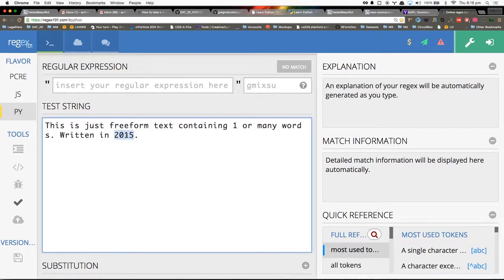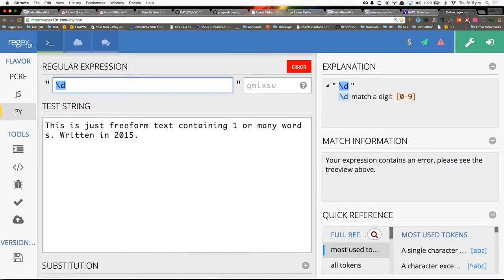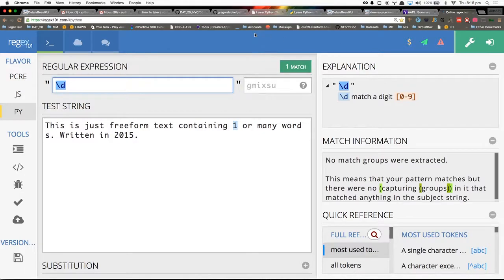If I want to match digits, in other words, I don't care about anything else. I just want to see what's numbers in this. There's a certain operator that matches digits. And what's cool about this Python tool, this regex tool, is that it gives you an explanation. This \d is called a meta character. In other words, it's not interpreting the literal \d. It's treating it as though any digit.